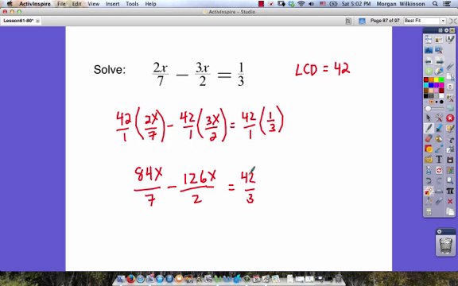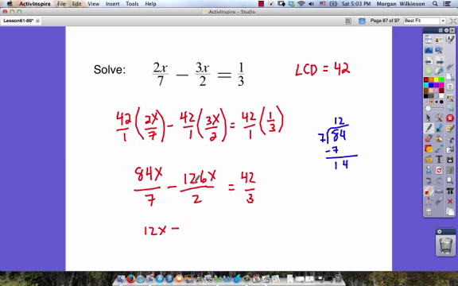And now let's go ahead and simplify. If we go ahead and simplify this, we'll find out what our answer is. 84 divided by 7. If you know what 84 divided by 7 is, write it down now. Do you remember? 7 goes into 8 one time. We've got 7 with 14 left over. I hope you remember this one. It's 12. So we've got 12x